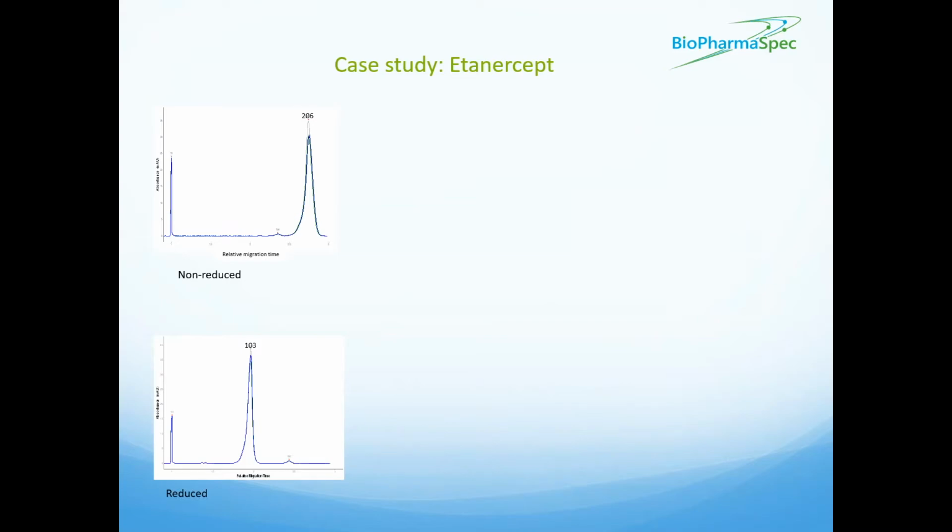Now, if we take this etanercept and we run it by CE-SDS, this is what we see. If we run it non-reduced, we get a single peak that is relatively broad at high mass. Now, the mass, as determined by the system, is written at the top, 206 kilodaltons. This is much higher than the actual mass of etanercept. The reason for that is the very large amount of glycosylation has a very large hydrodynamic volume. It has a lot of negative charges taking up a lot of space,